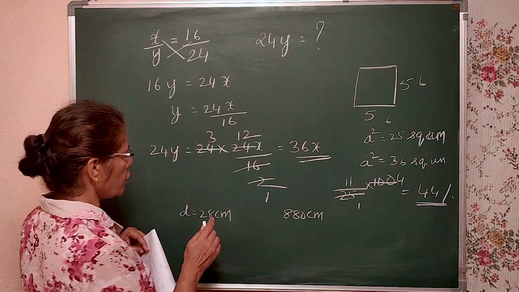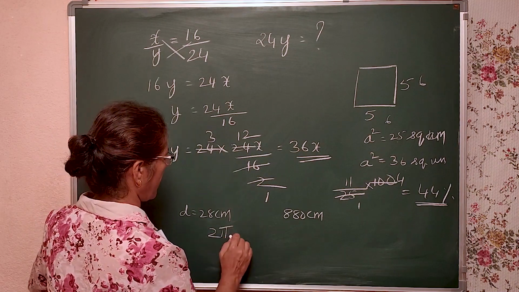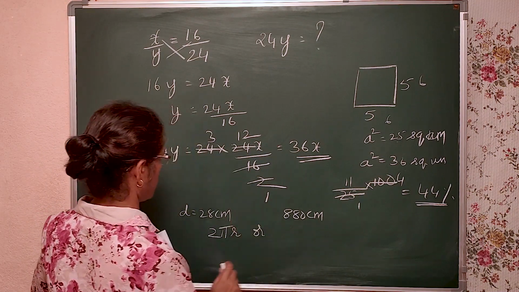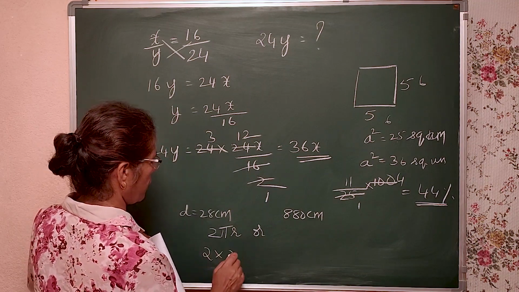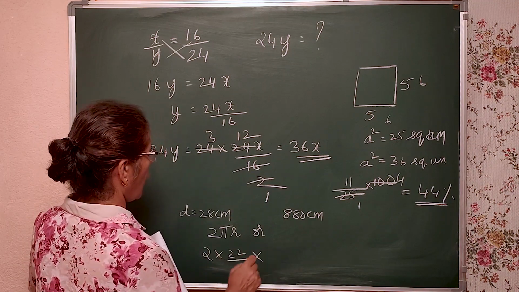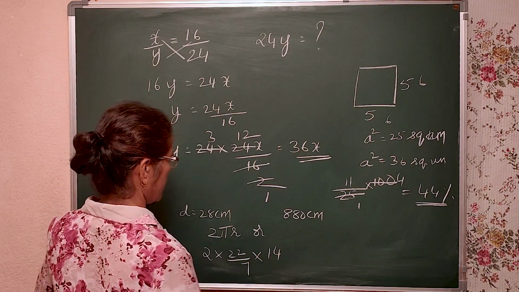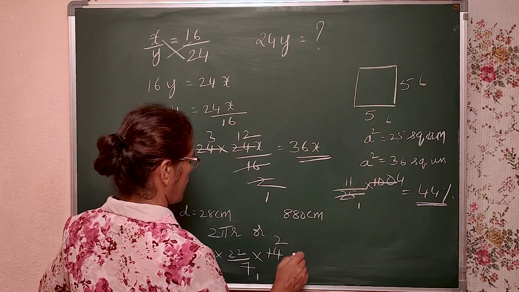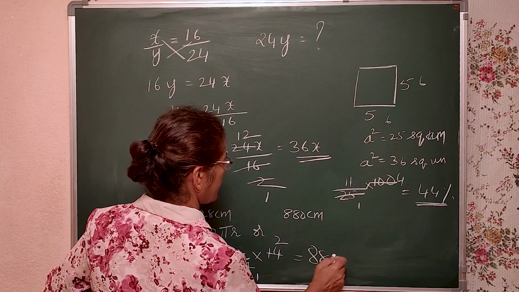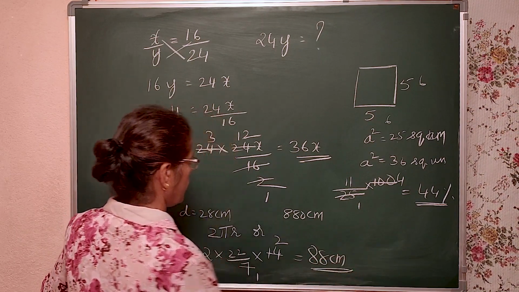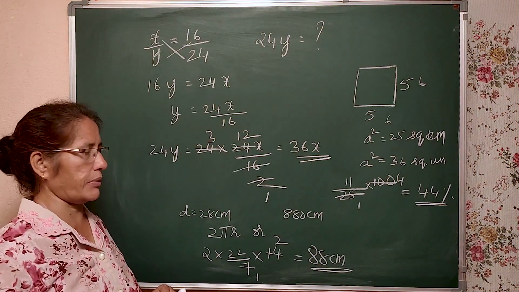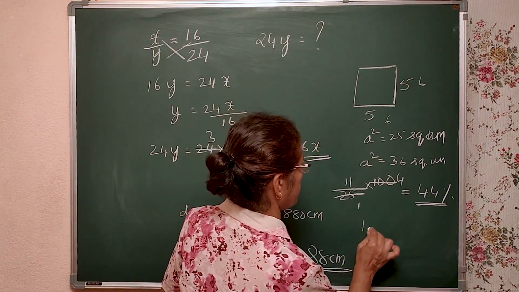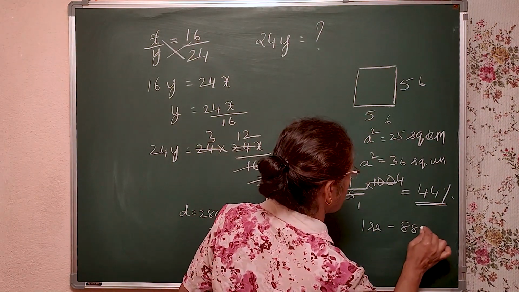So it is 2 pi r or pi d, right? Pi d or 2 pi r. So 2 into 22 by 7 into r, where r is 14 centimeter, right? 28 divided by 2. 7 ones are 7, 7 twos are 14, so it is 88 centimeter. For one revolution, 88 centimeter. So it has moved 88 centimeter for one revolution.